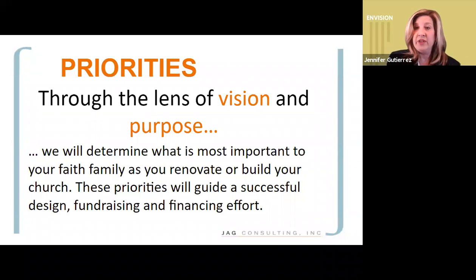So while a visioning and a purpose, a missioning session would take about a day, then your church would determine if a half day or a full day session is necessary to develop that action plan. For example, a 1-year action plan to talk about what comes every single month of this next year. Or maybe you want to do a 3-year plan where you have broad goals for those 3 years, but then we develop a tailored 1-year action plan for your church.